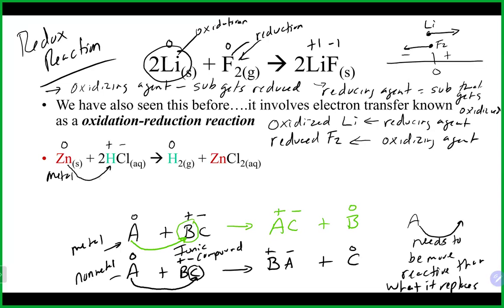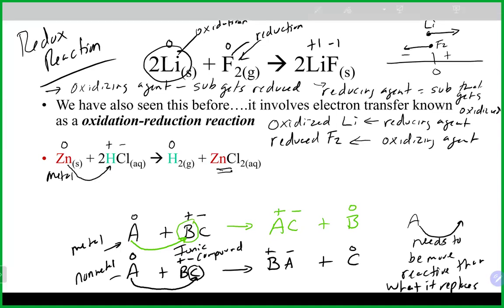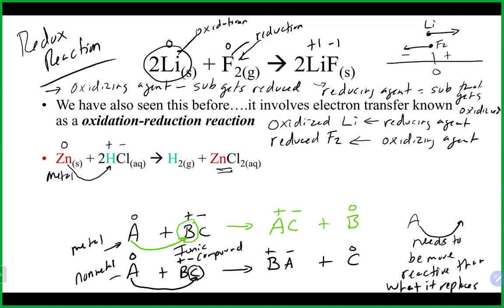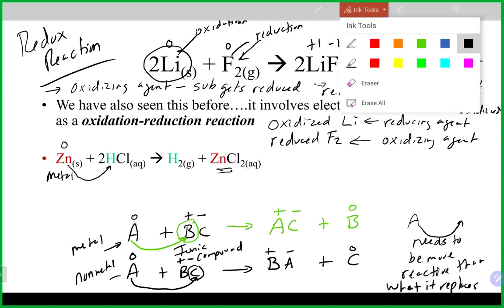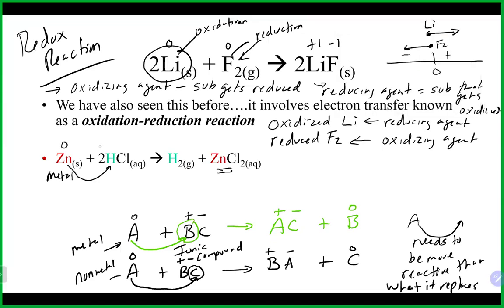The zinc that comes in will now gain a charge of +2, and will hook up with the Cl- that's there and make a new ionic compound over here, which is zinc chloride in this particular case. This is a single replacement reaction. This is also still a redox reaction. So if we look at what's happening with the charges in this particular case, that is 0